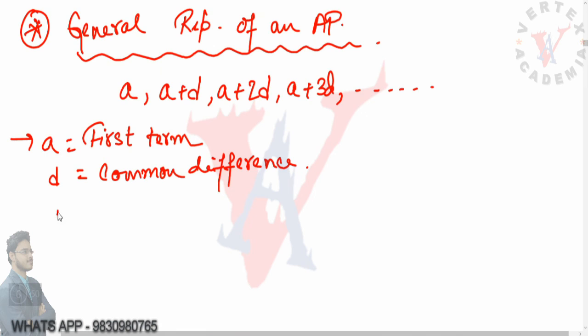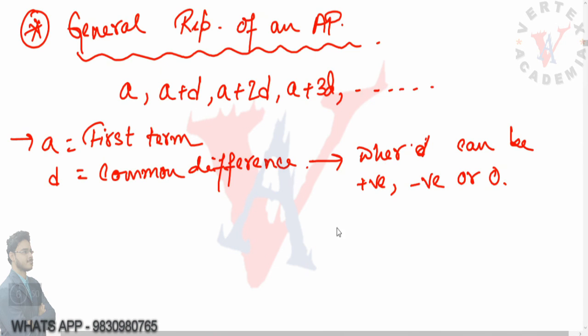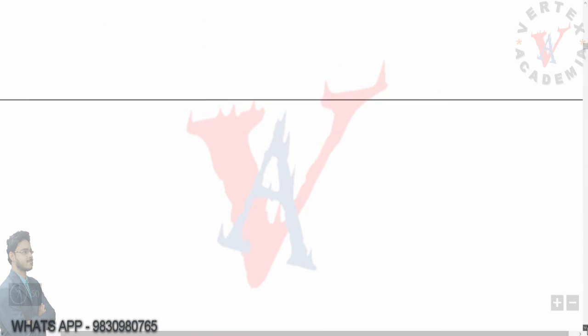and to represent D we can write D equals, so you can take any term, right? For example, we have an AP where the sequence is like A1, A2, A3. You will get a better understanding of this, where D is the common difference and the value of D can be positive, negative, or 0, right? We have already seen that the common difference can be positive, negative, or 0.